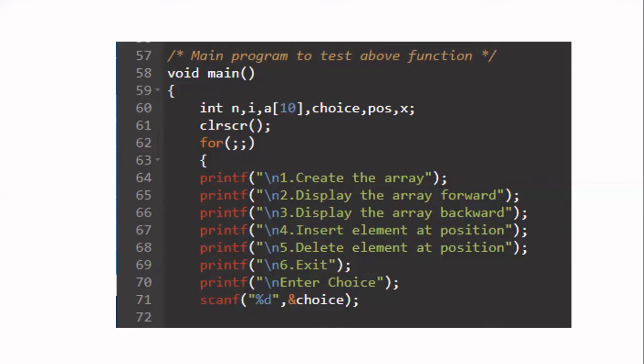Generally they will not tell what you have to use, they will simply tell you the words, write the menu driven program. You should understand menu driven program means there must be a loop, because you have to continuously do some operation until the user wants to stop. After that, within the loop, you have to display the menu to the user. Every time the user should see the menu, then he has to choose one operation out of that. So always remember, menu driven program means there will be a loop. Either you can use for loop or while loop or do while loop, it is up to you. Then within that loop, you write the switch case.